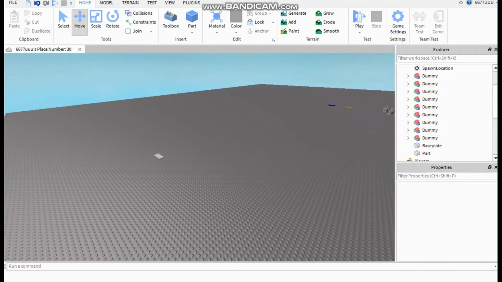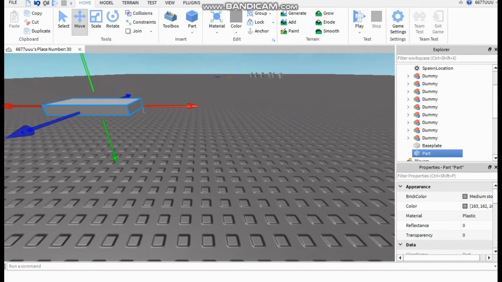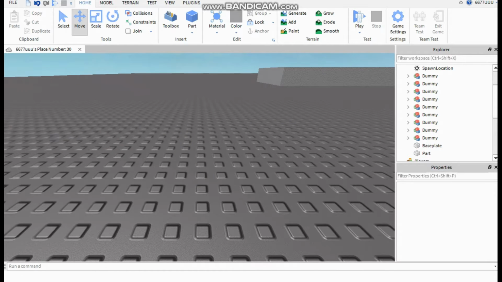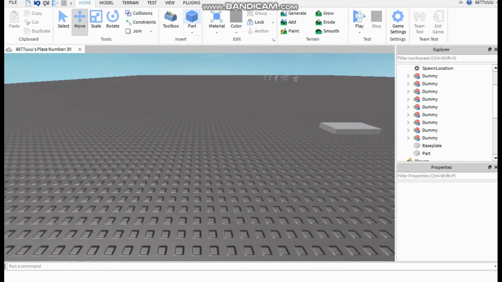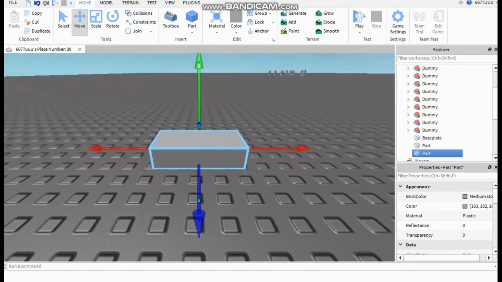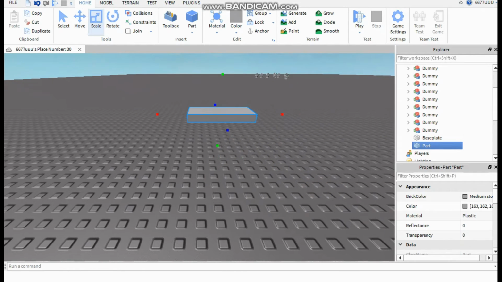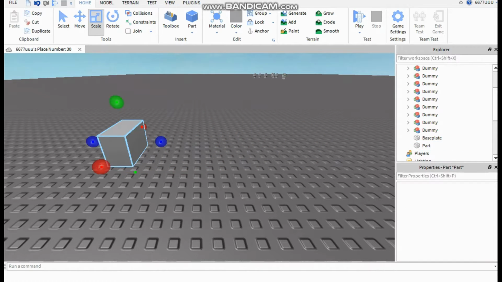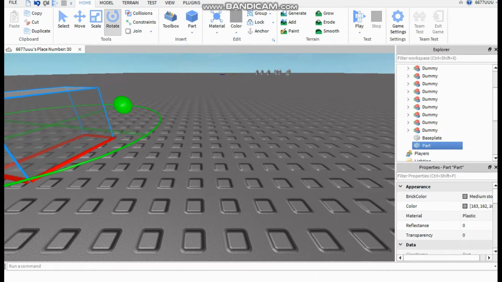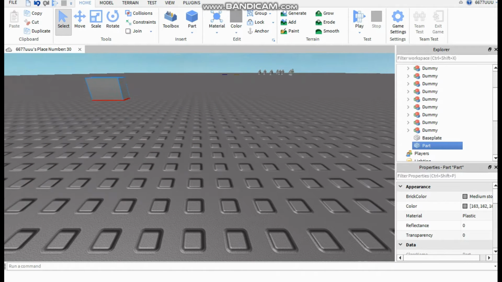Okay guys, so we have a block right here. Today I will be going over the properties of a block. So you can just click this thing on top inside home to get a block of your own, but we already have one. So you can scale this block however you want, how big you want, how small you want, using this scale tool. Then you can rotate it like that. Then you can select it and just free drag, move it around, and then you can move it with a